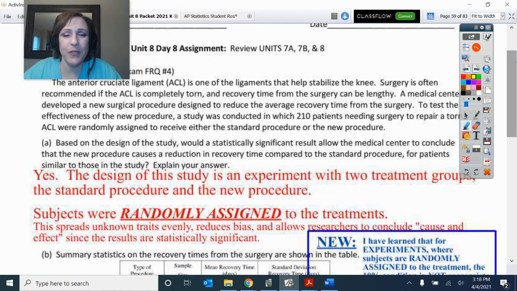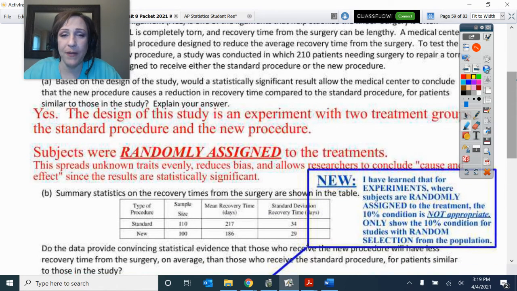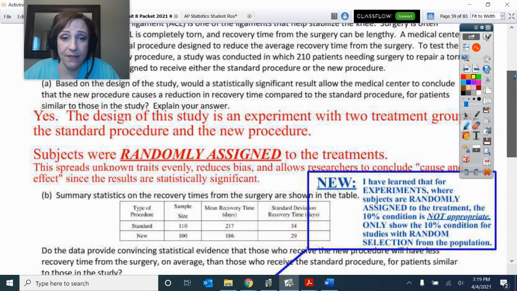Okay, so this first one was the only free response I gave you, unless you were an AP tester. There's one at the end. This was from 2018. The first problem actually just asked you about an observational study or an experimental design problem. So with this problem, when you read this, yes, the design of this study is